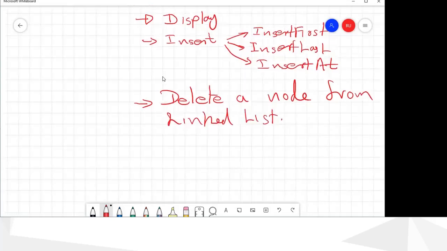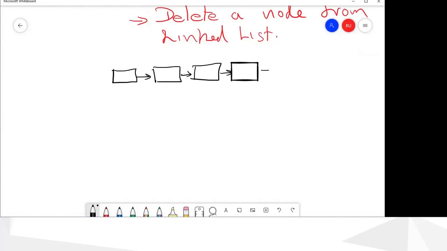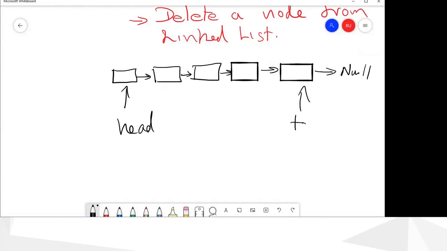So I will draw the linked list. And we have the first element and the last element pointers.